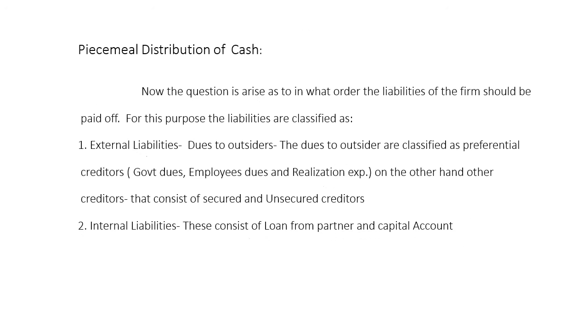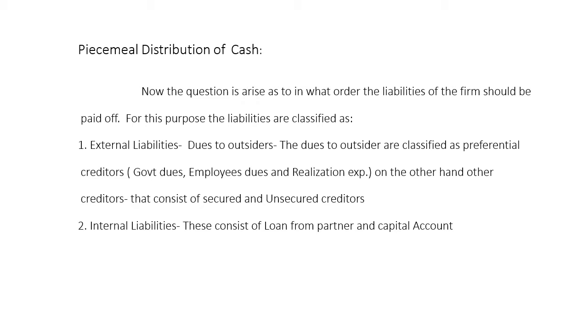The organization is required to make a piecemeal distribution of cash when cash is available. But when the organization is required to make such payments, it is also not at the will of the organization. The question arises as to in what order the liabilities of the partnership firm should